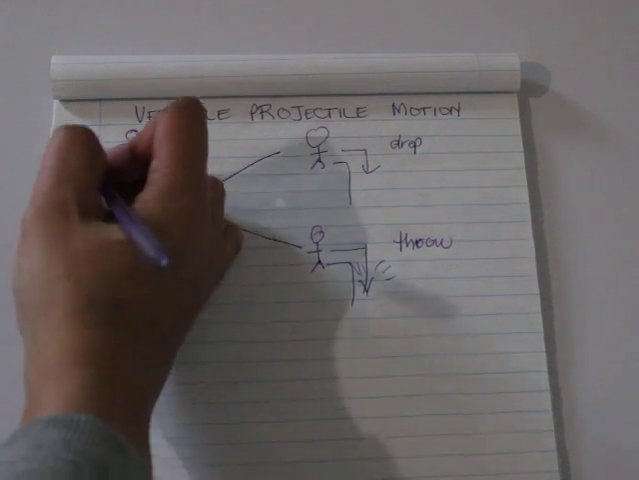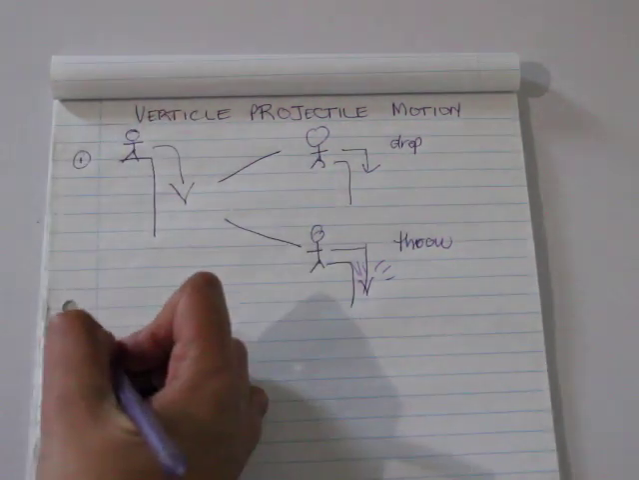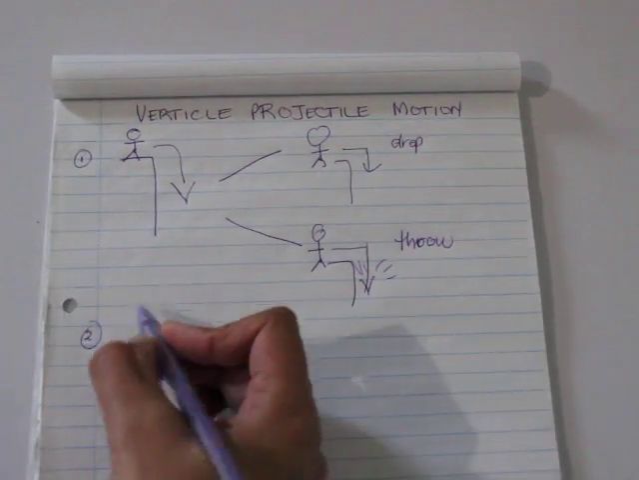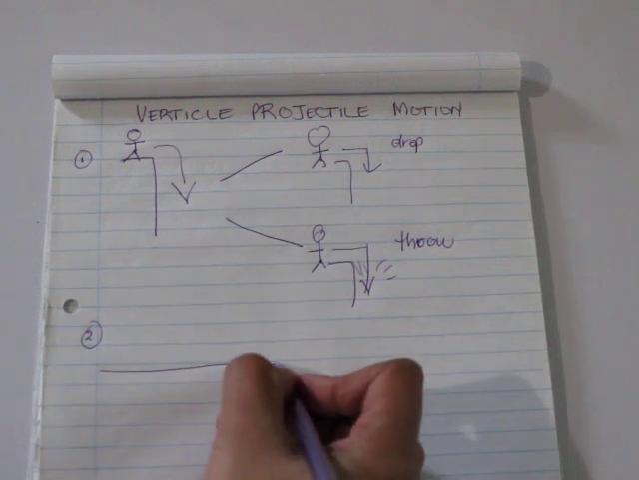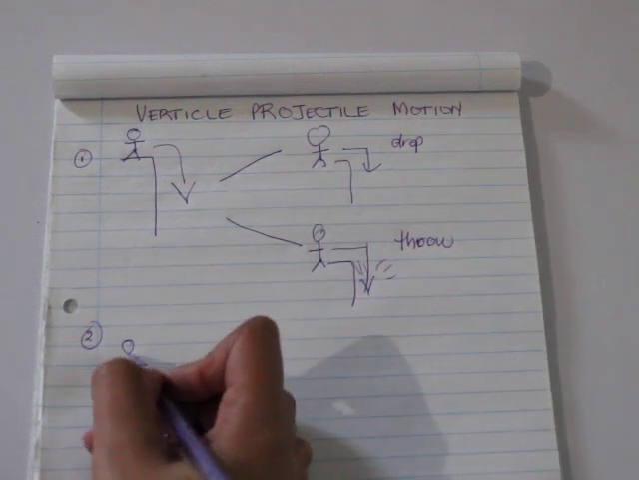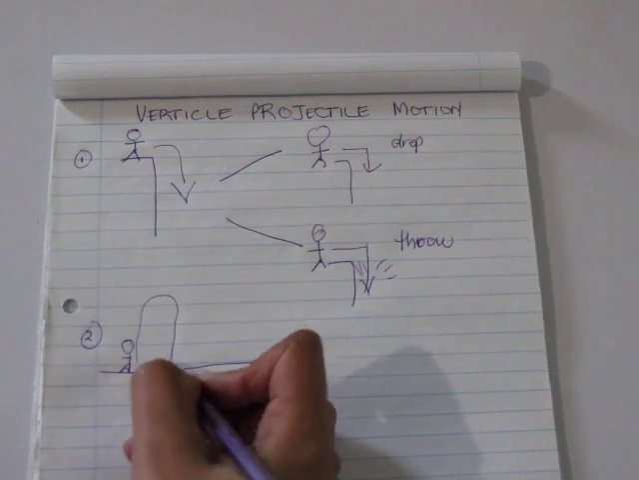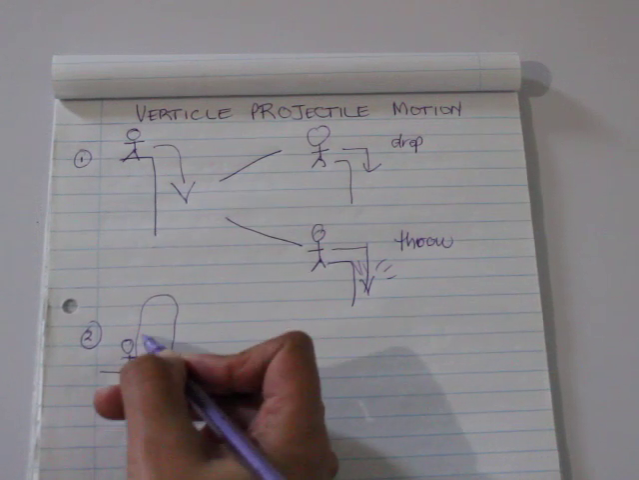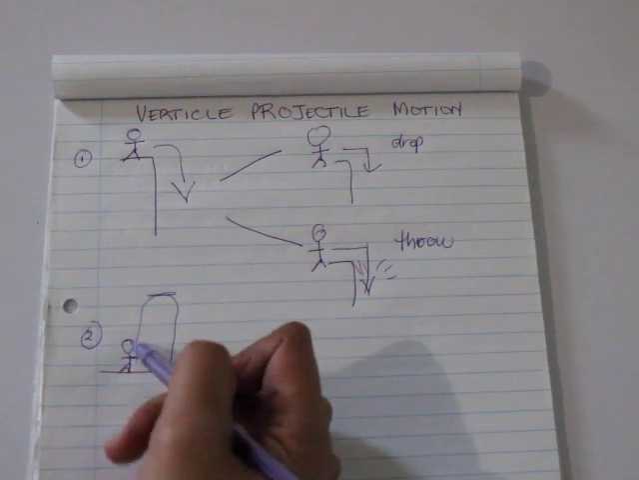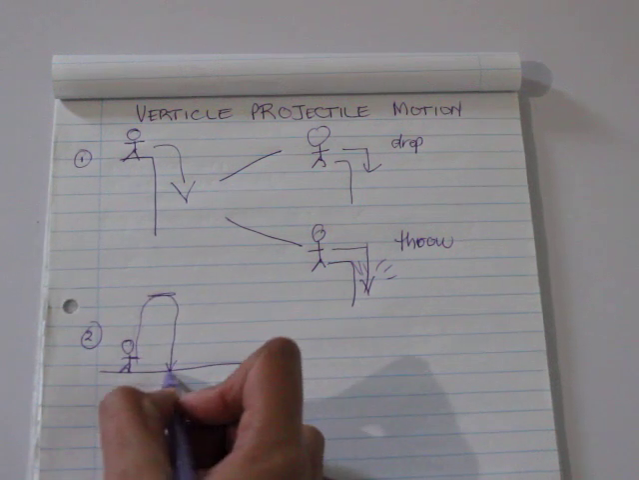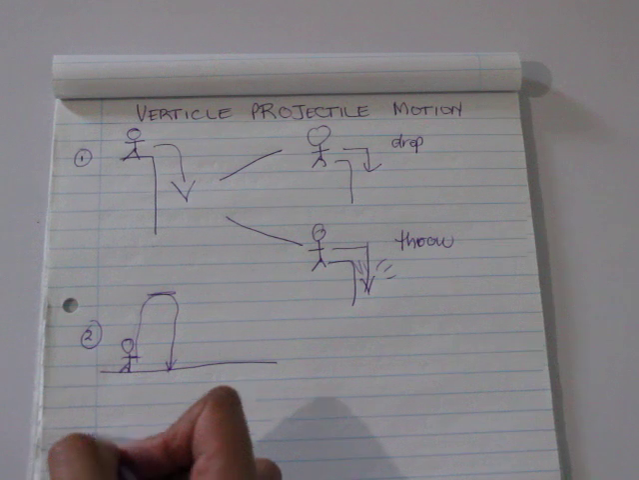A second and third way, or third scenario, that we will encounter is someone standing on a horizontal plane and they are throwing the ball up. The ball is being thrown up and then it falls to the ground. And the third scenario